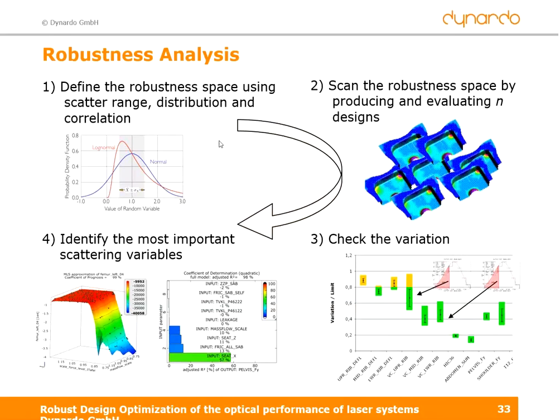Then, after that, you can scan the robustness space, and so you also produce and evaluate designs, like in the sensitivity analysis. And based on this data, again, you will check the variation of the response in order to find out if you exceed your limit that you fixed,